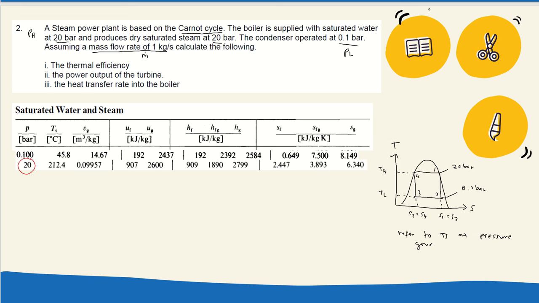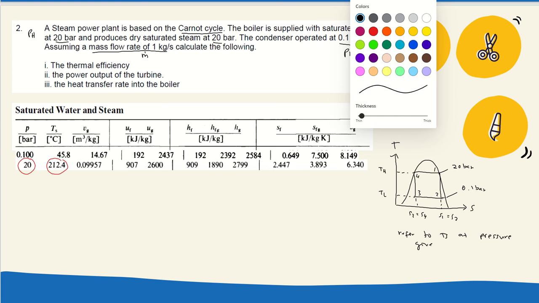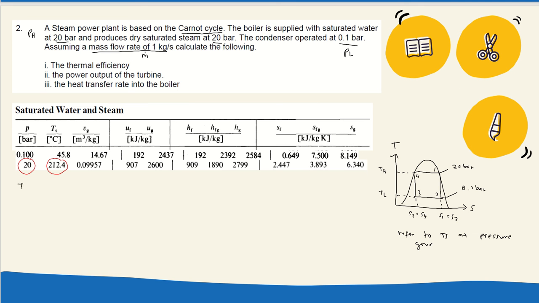So the TS is 212.4. Means TH equal to TS at P high. P high equal to 20 bar, which is this one, 212.4. Don't forget to convert into Kelvin, which is plus 273. So for the TL,